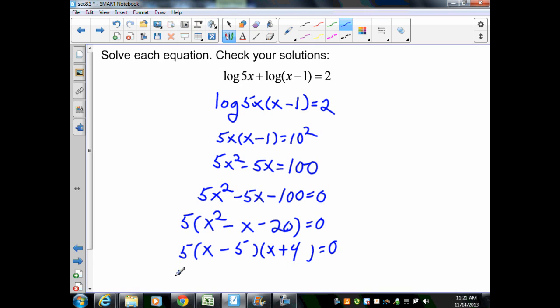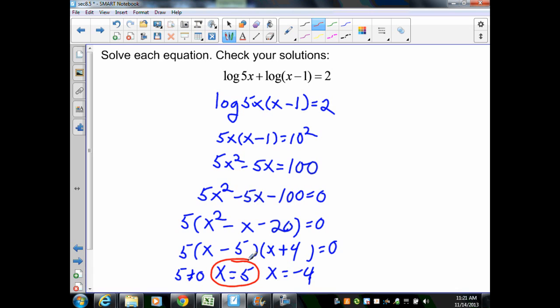Now I solve. x minus 5 set to 0 gives me x equal to 5. And x plus 4 equals 0 means x equals a negative 4. Now I'm going to substitute these values, 5 and negative 4, into my original equation. And when I do,